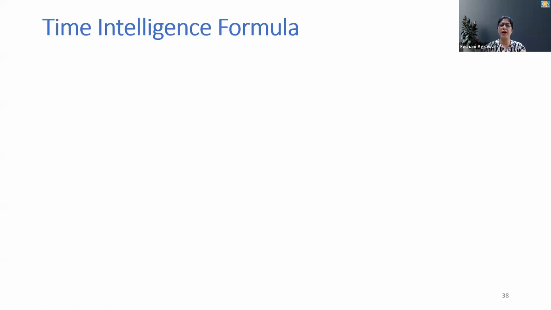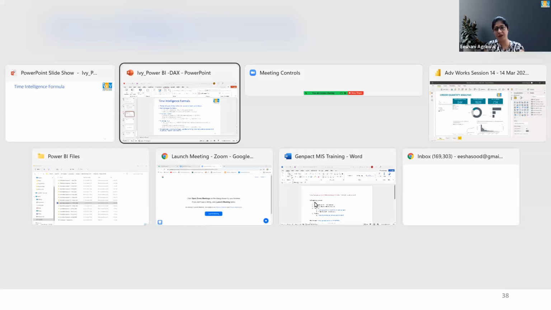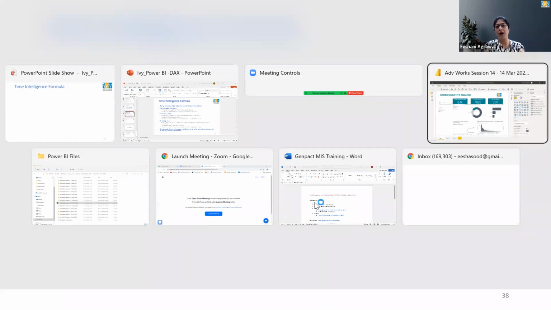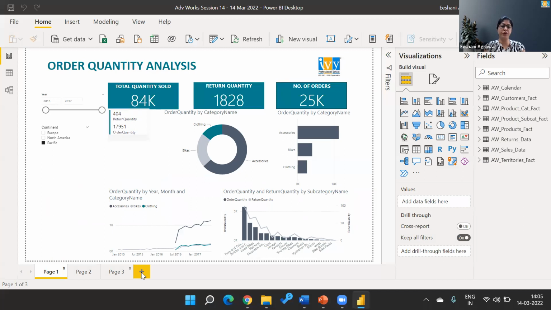All right. So last day, we did some of the functions on time, days and hours. So day function, month function, we worked on hour and minute function and so on and so forth. We also have another set of functions called the time intelligence functions or formulas. So how do they work? Over here, if you see,